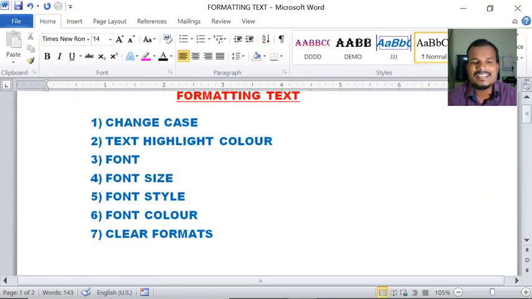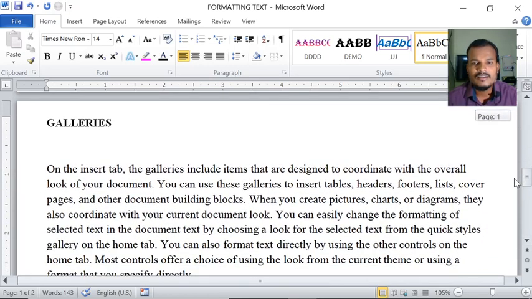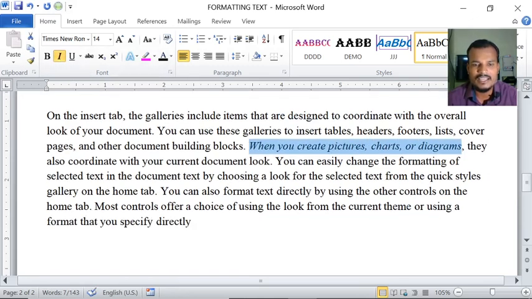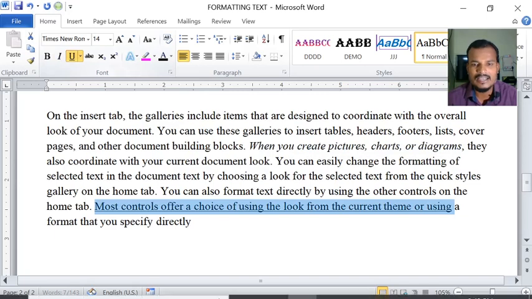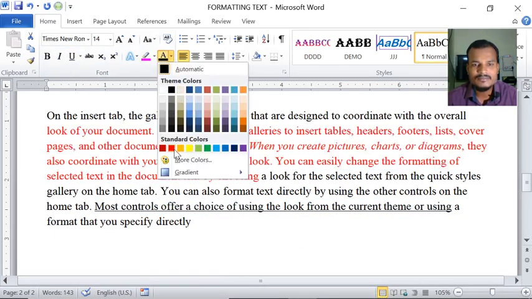And the next one is clear formats. Clear formats is nothing but clearing all the formats. For example, see here I have applied bold. For this, up to here, I am applying italic. For this line I am applying underline, and from here to here I am giving the red color.